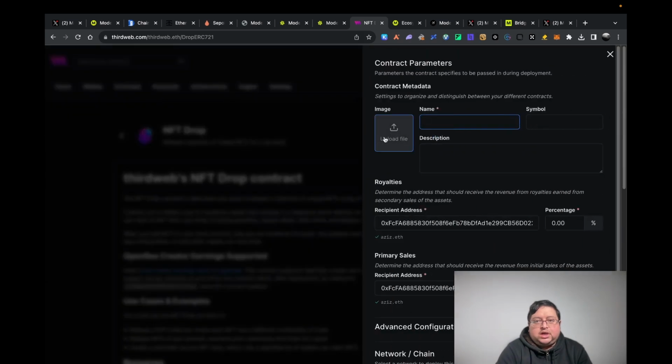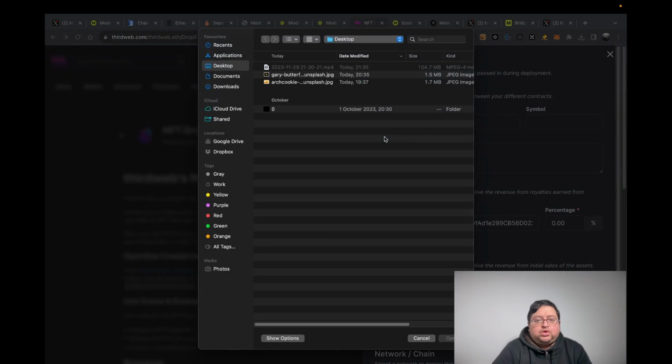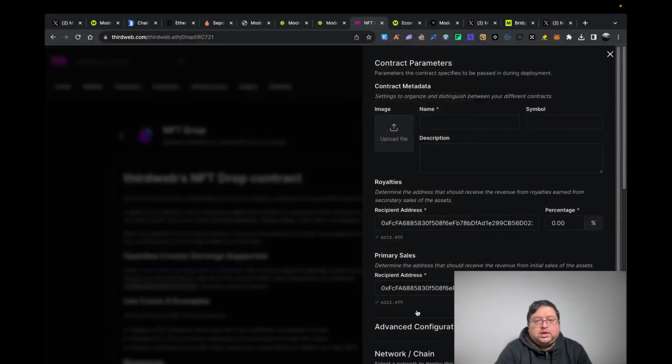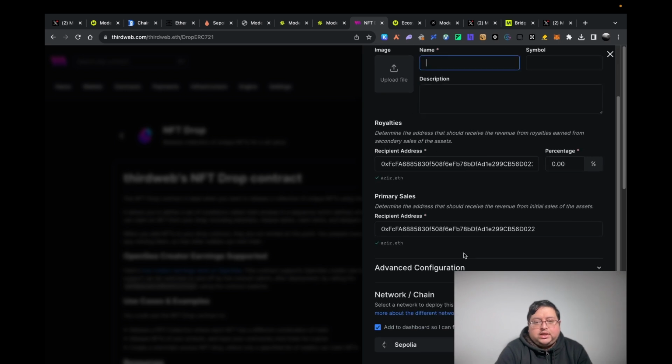fill these up. If you need a picture like previously I've shown, you can go to unsplash.com and get a picture. The licenses are all fine. You don't need to worry about any licenses. So unsplash.com, you get an image from there, and then just type in some information, whatever you want, and then make sure this